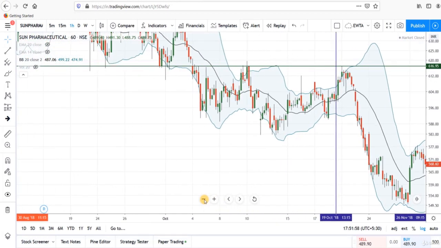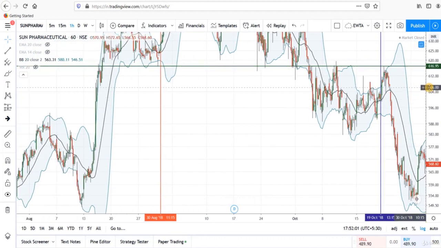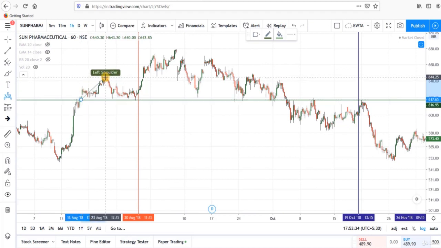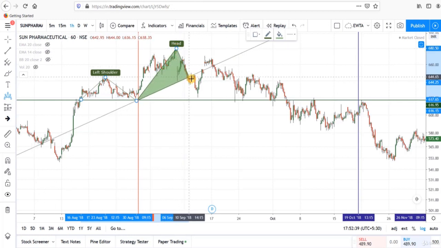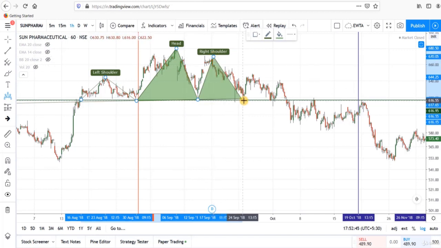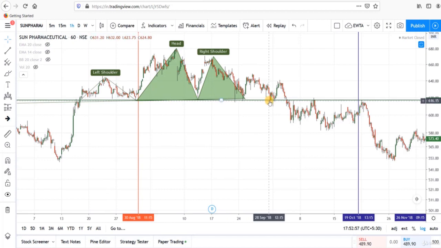and with the help of support and resistance levels, we can eliminate these fake signals. If we see the previous price action, see this level was the support level for the prices, and here when we are getting a fake signal, prices were resisting this level, and this is a formation of head and shoulder pattern. This is left shoulder, this is head formation, and these are right shoulders. So it is head and shoulder formation above this line, and this is the neckline of this head and shoulder formation.